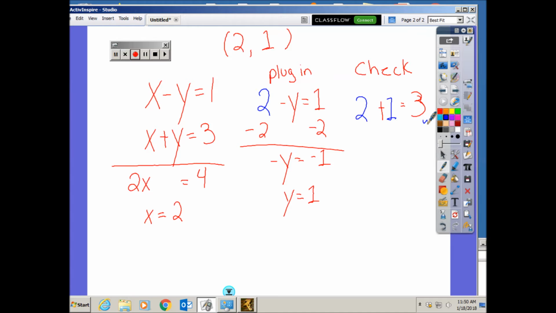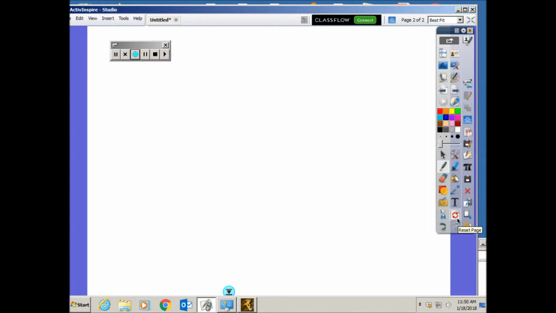Okay, so for problem number 1, the solution is the ordered pair 2, 1. The next problem, negative x plus y equals 1, and x plus y equals 11. Again, I could do this 2 ways. Since the y's are the same,